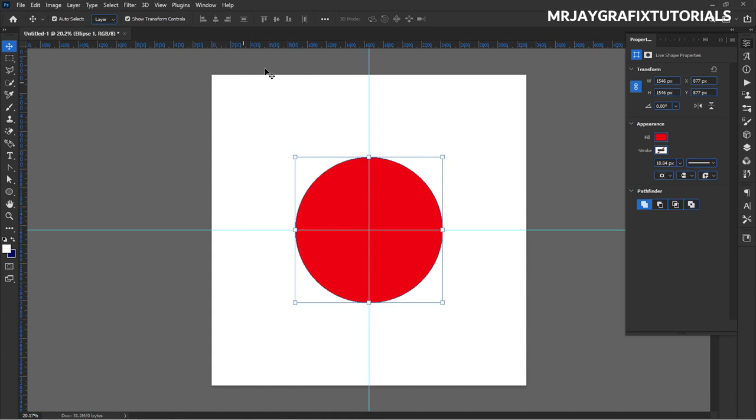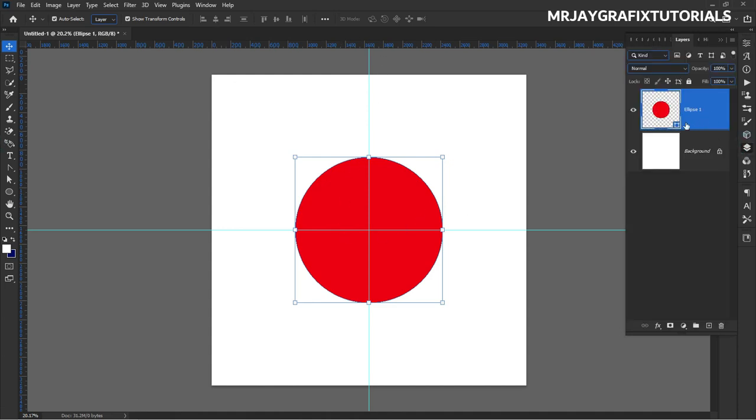All right, now let me draw. I'm going to duplicate this. I'm going to duplicate the shape. So what I'm going to do is